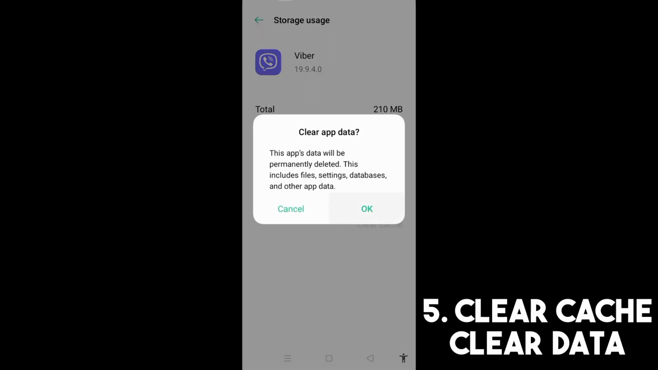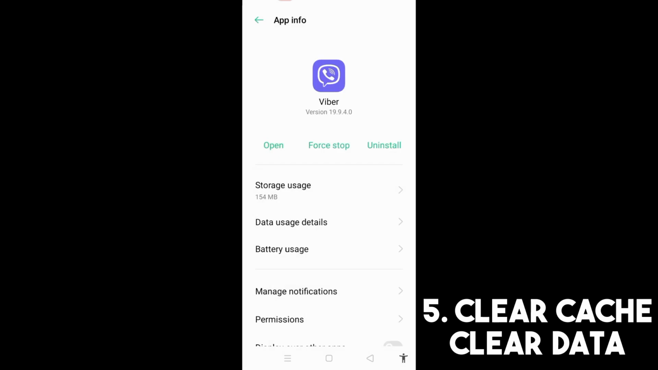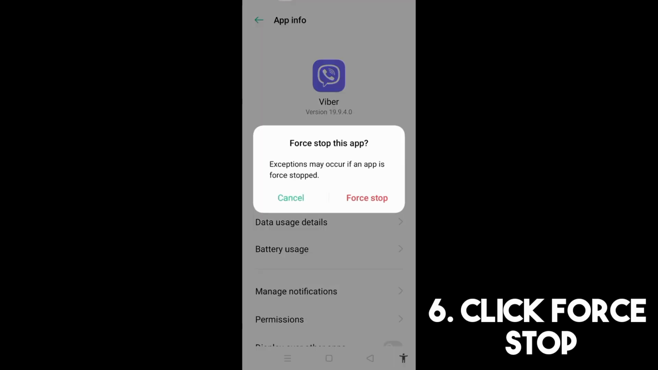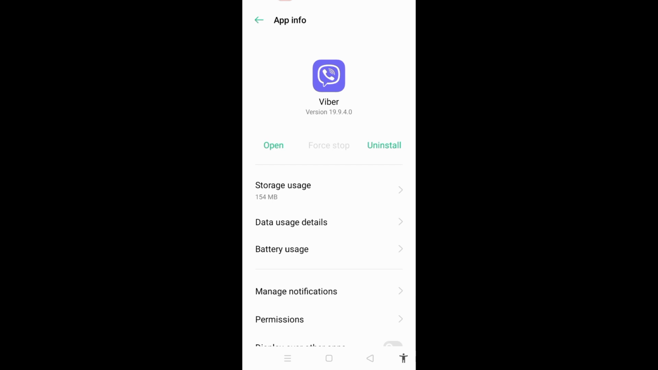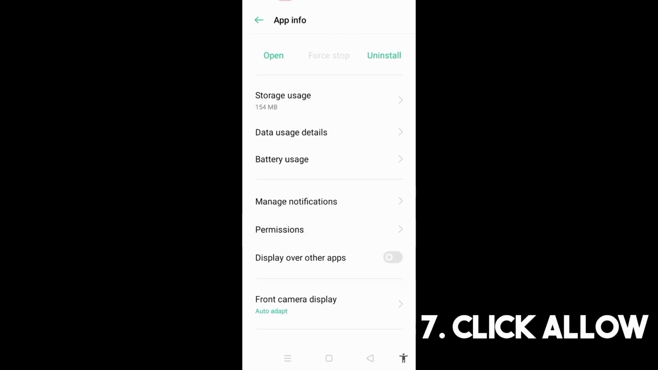Now go back and look for force stop. Okay, so all you have to do is to tap this arrow. Click this force stop, tap force stop again, and it will stop the application from running. Okay, and then after that, you need to allow or permit this application again by clicking this permissions